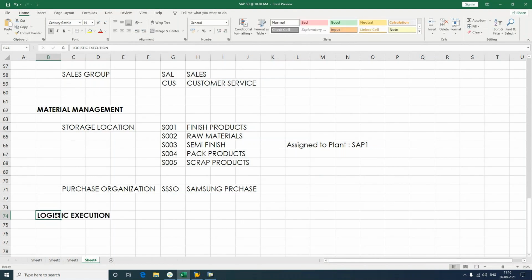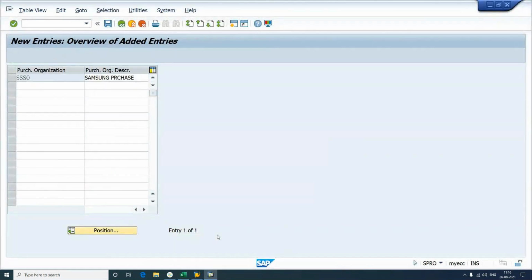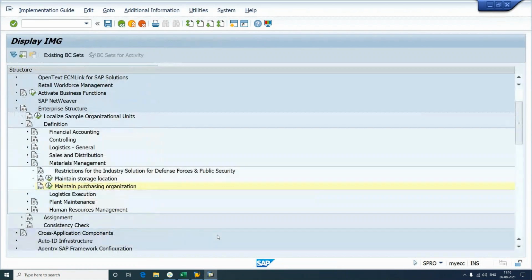Work out with this logistic execution module. Now this module will be taking care of what? Our shipment activities. It will be taking care of our shipment activities, doing all the transportation process. Now when we talk about this particular logistic execution module,